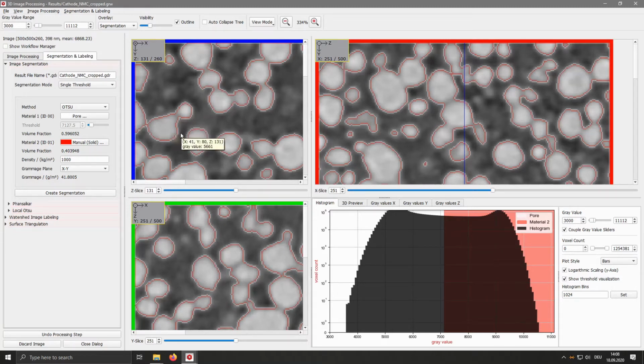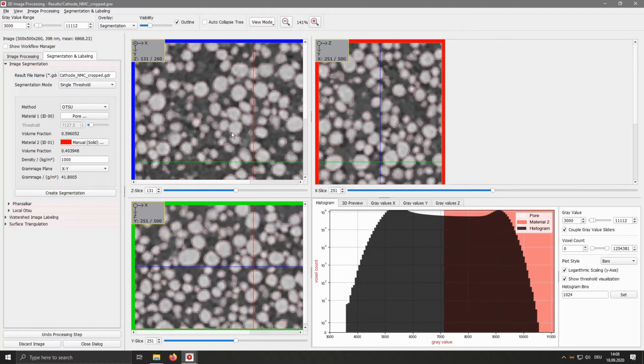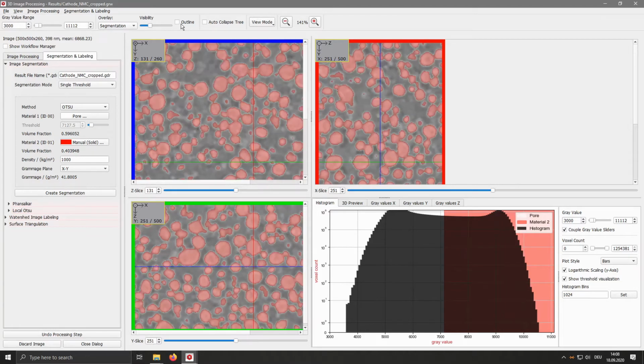If you have more than 2 phases, then of course there will be more than 2 colors. So now for this example, we will go with a single threshold because there's only 2 phases visible. There's the pore space and the solids, the grains. And we can also turn back the outline to an actual overlay.